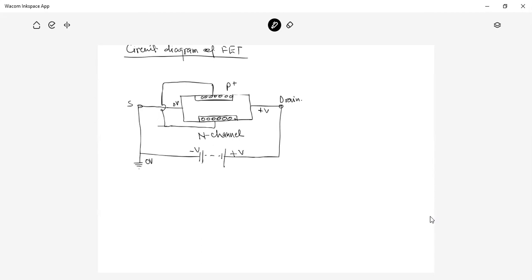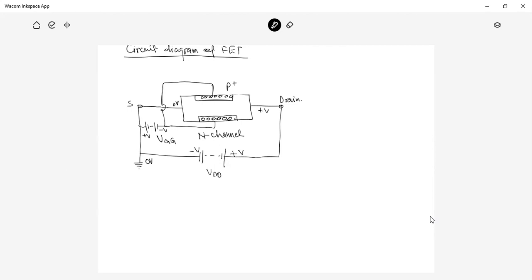And we want to make a reverse bias. So this is the negative voltage, and it is connected over here. This negative voltage, and here it is positive voltage. This negative voltage is termed VGG. VGG means gate voltage, and VDD is the drain voltage. So we have this VDD and this VGG.